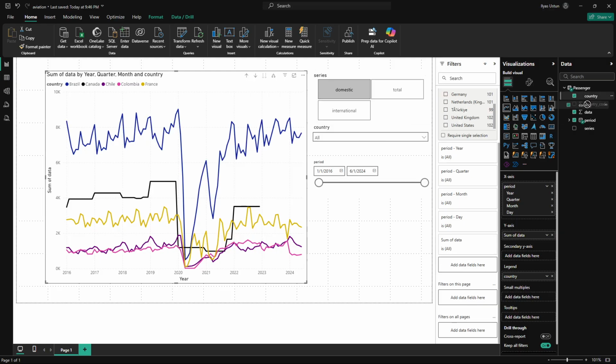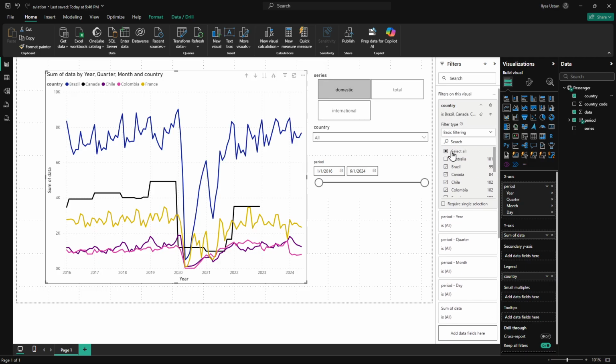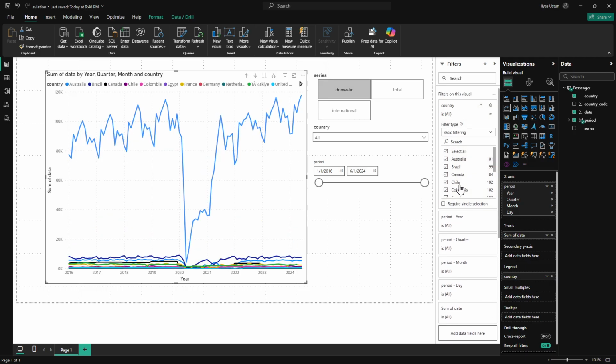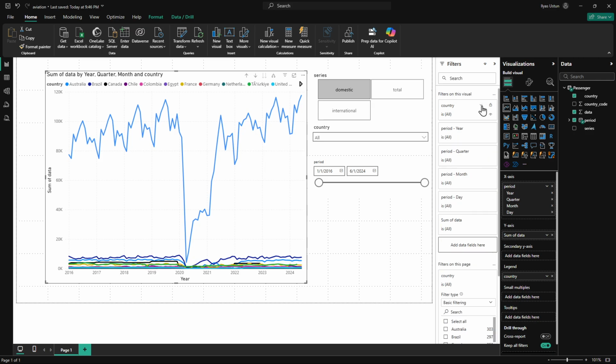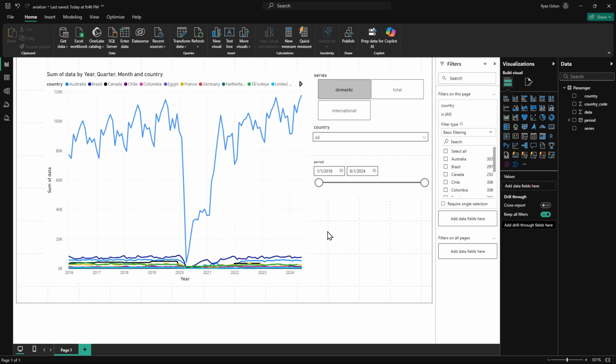So I will put this country into this page. Okay. And again, let me select everything there. So I don't want to use this filter anymore, basically. But then since this filter now, okay, and you see I can select all the countries still. Now this filter here, this country filter is based on the page. So if I now select